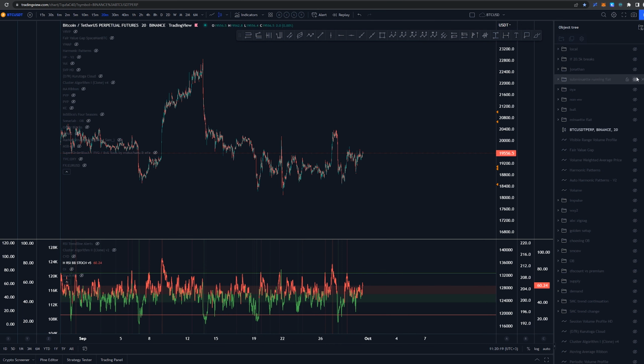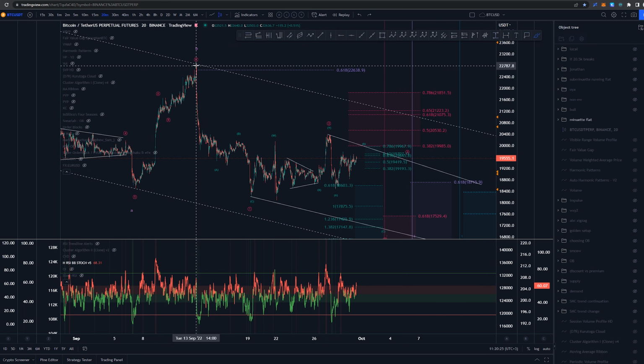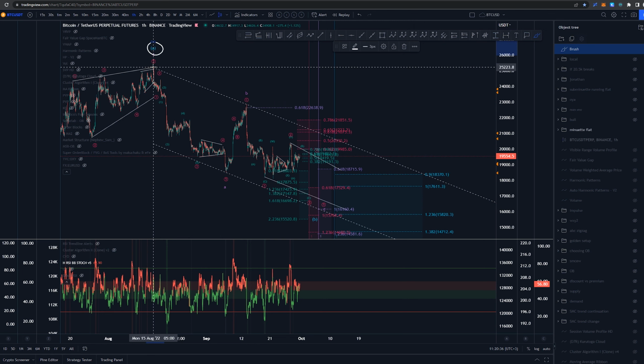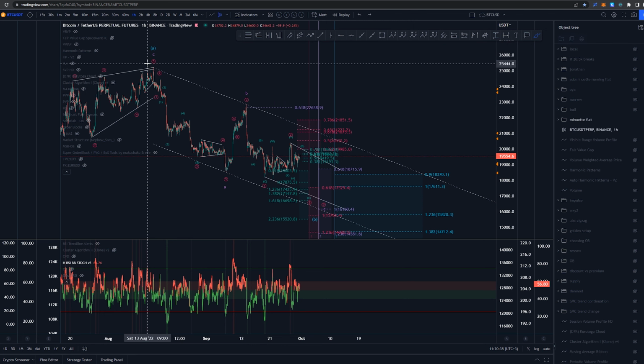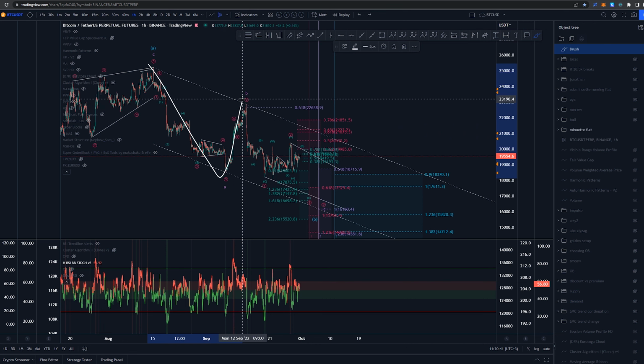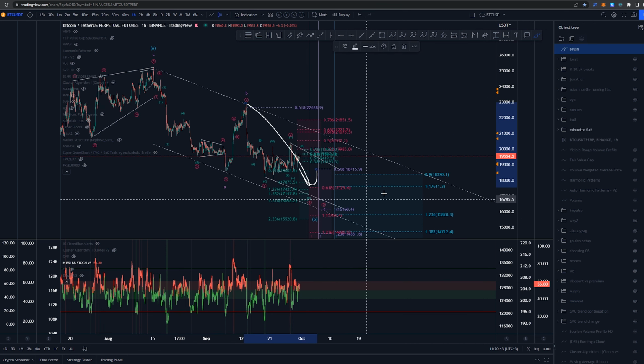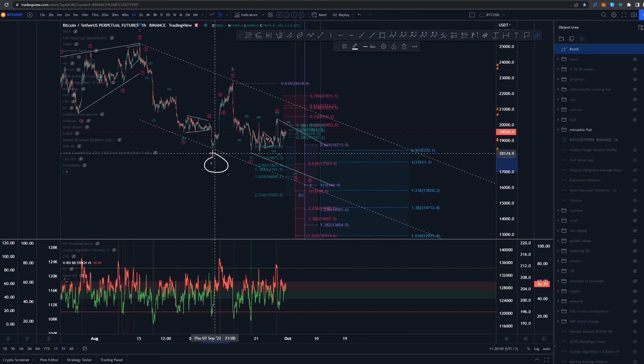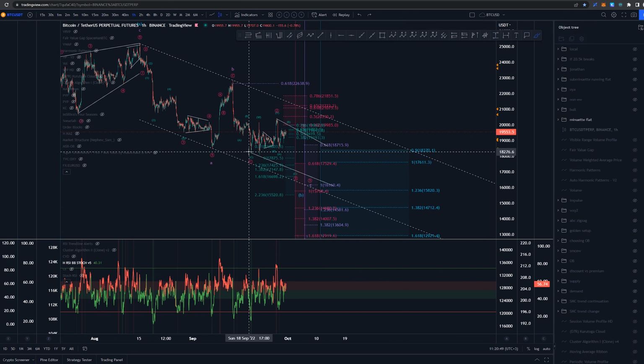Starting here on the main count, oops, not that one, this one, in which we are still looking at the C wave here coming from the highs of 22.8k. From these highs, we had this as the B wave, and let me zoom in to show you the full count. Basically, we had an A wave here at the highs of 25.2k. Then we had a five-wave structure into A, a three-wave structure into B, and now looking for a partner leg for this A wave. At the moment, as this definitely felt like a three-wave structure, we're looking for this as a